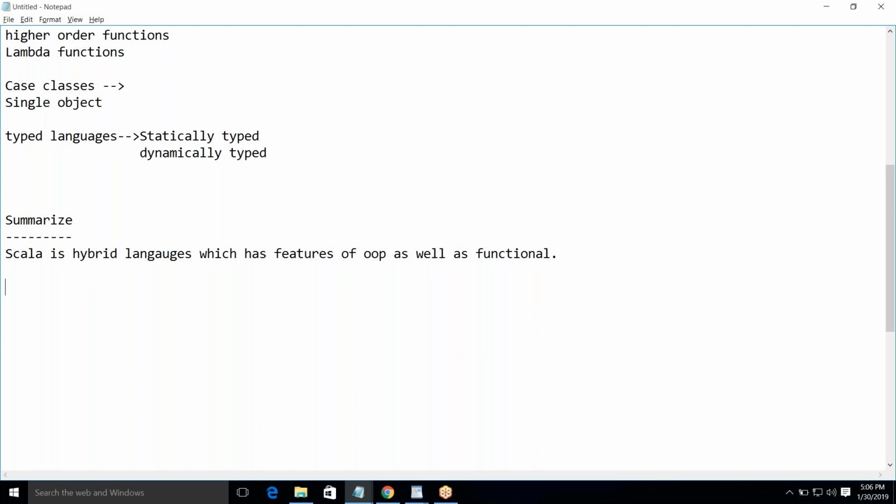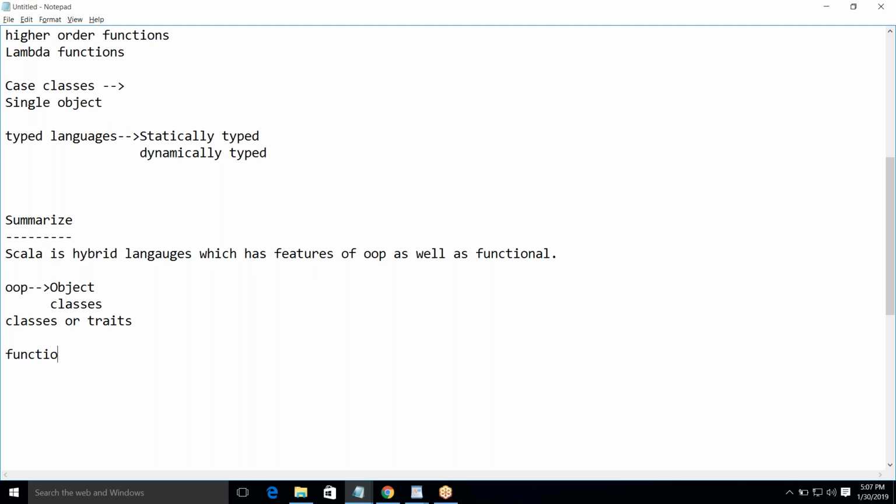Next one. When you say OOP, it should have certain concepts like objects, like classes, all that stuff, isn't it? And one more important thing is, if you want to create any OOP programming, you should use either classes or something like traits. It is too early to discuss this, but just keep in mind. We'll talk about them later. Then the next thing we can discuss is